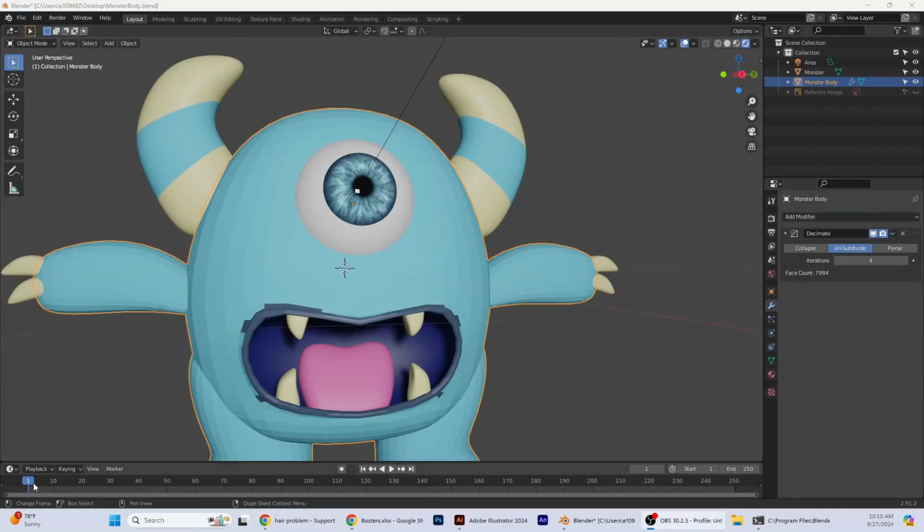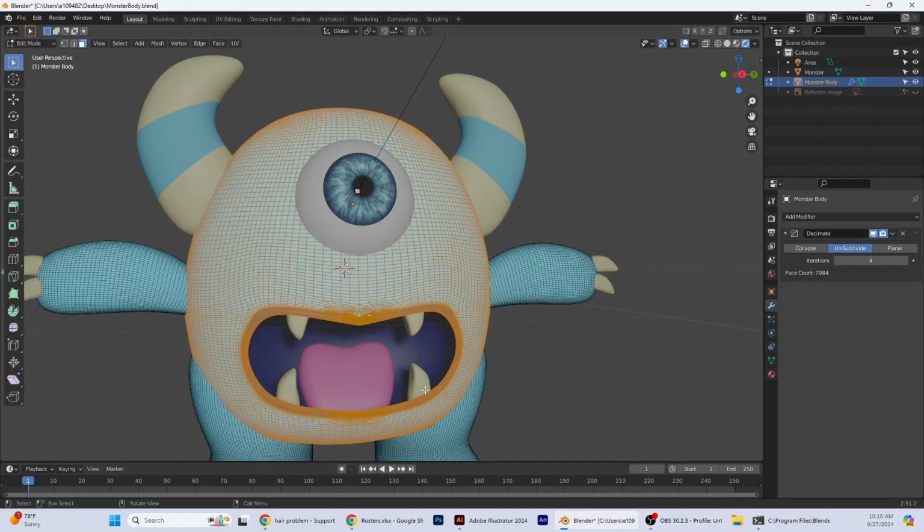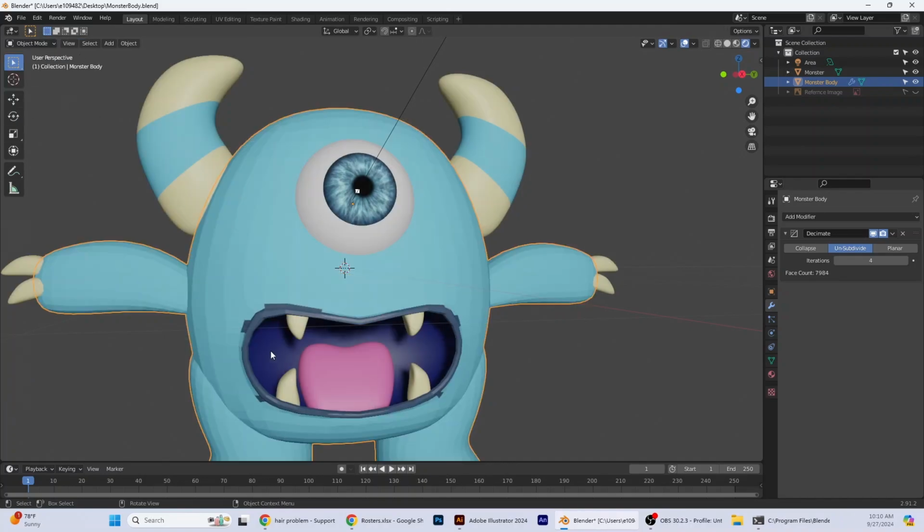Okay guys, so to get ready for doing this hair, right now if I have this selected, you can see that I have his lips and I really don't want hair on his lips. So I'm going to go to object mode and I've decimated this and I'm trying to unsubdivide it. And I know it looks really scary right now, but I can fix that. It might be a little bit of work, but